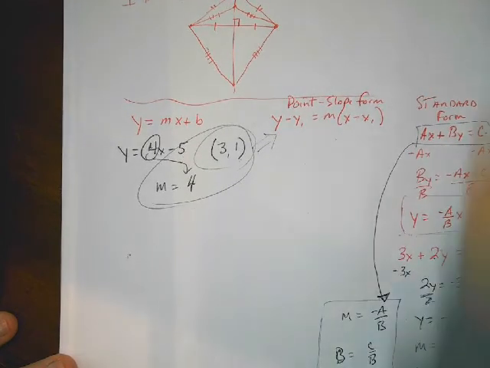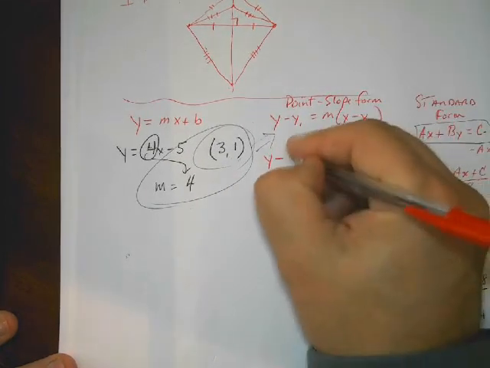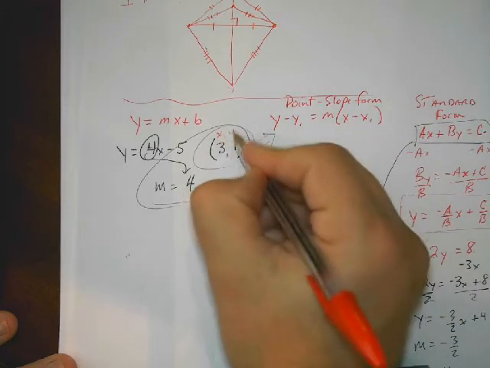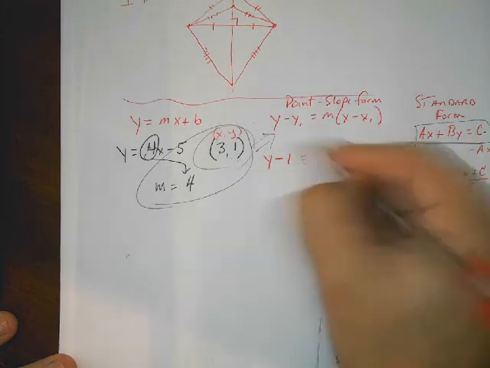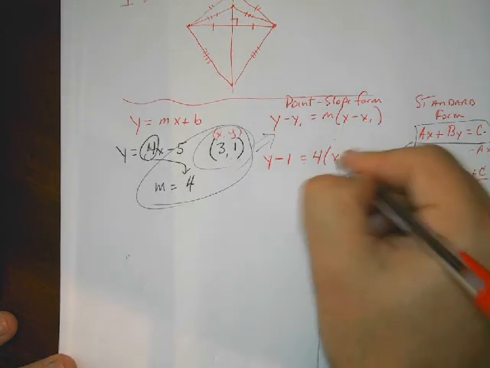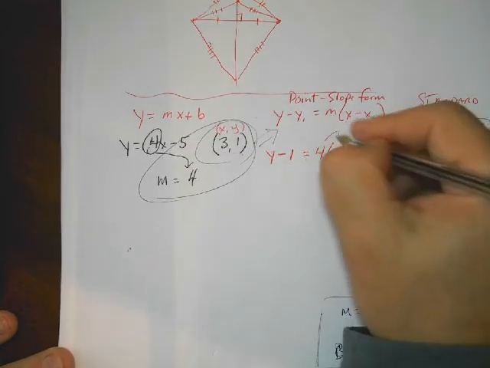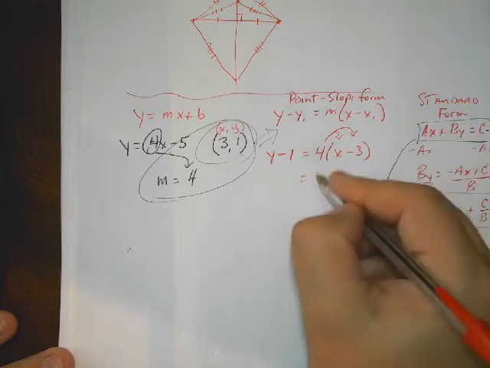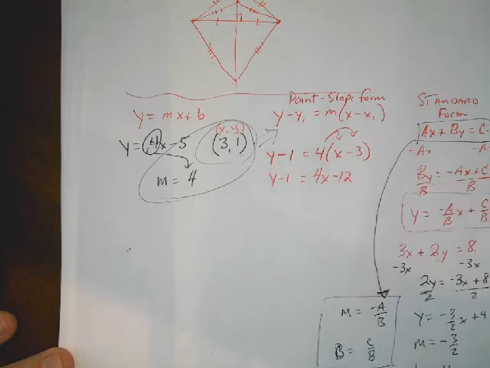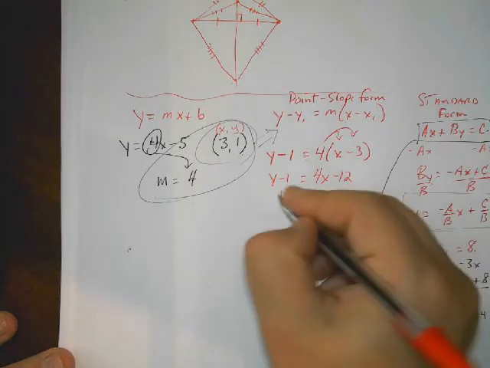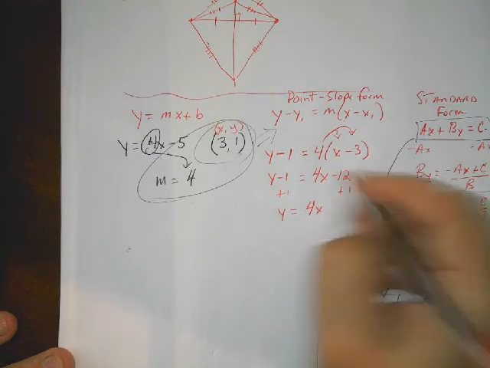All right, so here we go. Let's do it. So we go y, make sure you put the y in for y and the x in for x. Y minus 1, remember it's x, y, it's always in alphabetical order. So y minus 1 is equal to slope, which is 4, and then x minus 3. Now we distribute. To simplify, we have 4x minus 12, we still have y minus 1. I'm going to have to add 1 to both sides to get it into slope-intercept form, 4x. When I add 1, I end up with